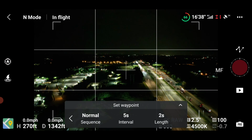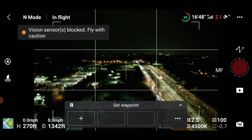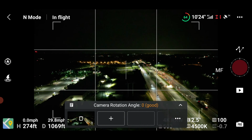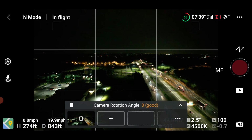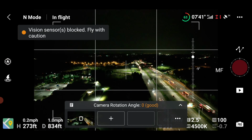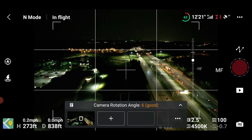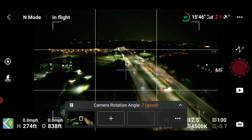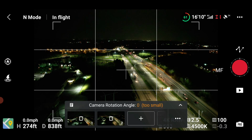From here, you want to hit this arrow right here on the left hand side, and this will be our first waypoint. And we're going to bring it forward. And I'm going to set our next waypoint right here, and I'm going to tilt the gimbal down and maybe rotate it just a little bit, and then I'm going to hit the plus sign here in the box. All right, our second waypoint is set,